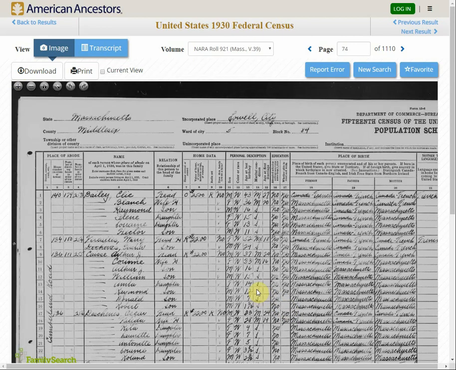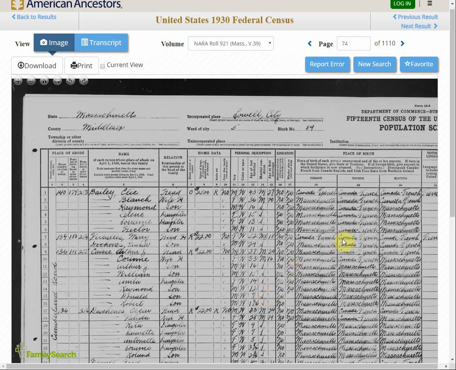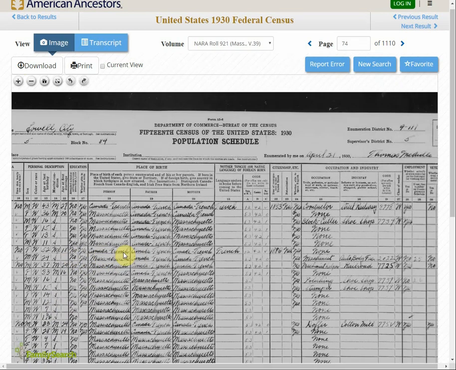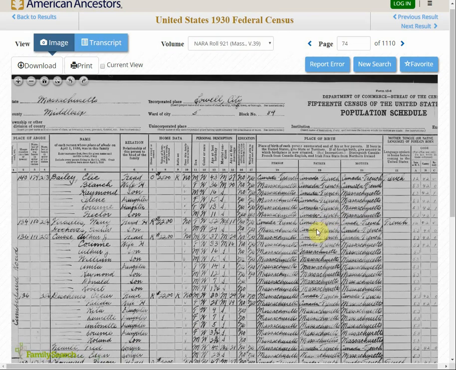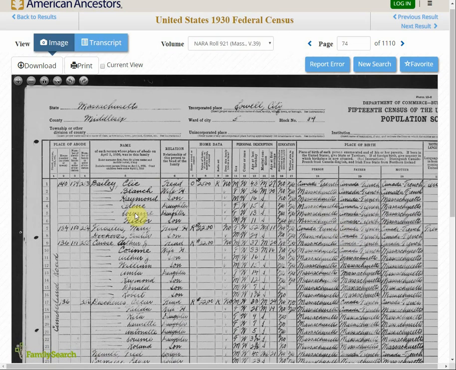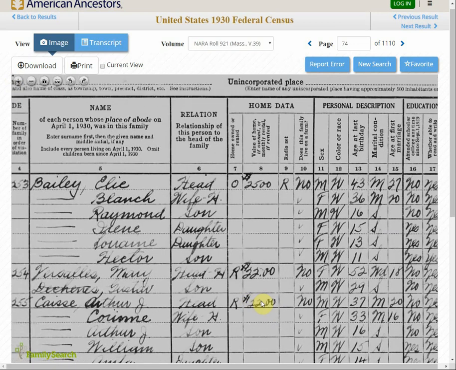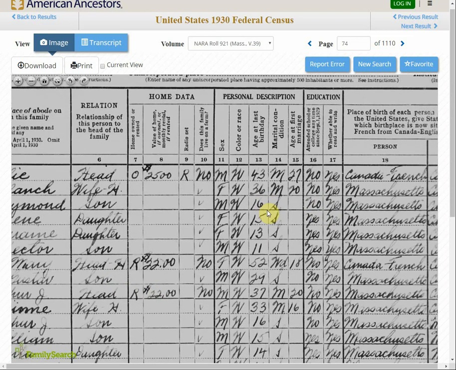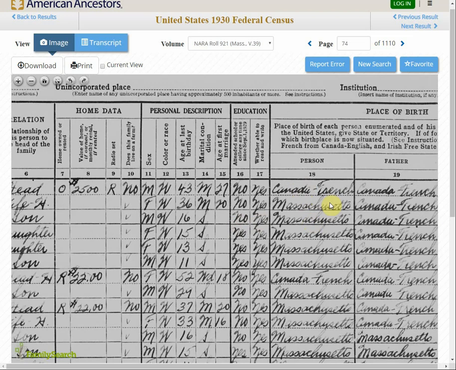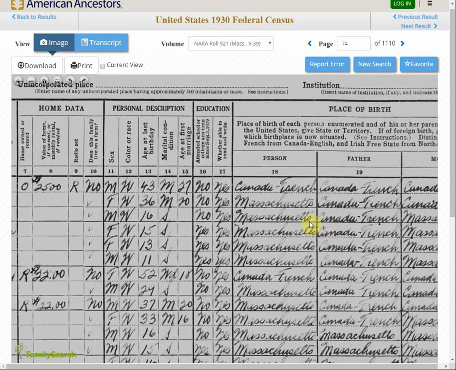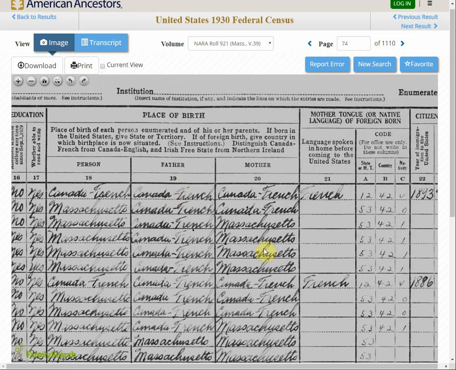And here we see Lowell, Middlesex County, Massachusetts, Ward 5, Block 84. It was taken on April 21st, 1930. And the very first entry on this page is Ellie Bailey. There we go, blow that up a little bit. He's the head, and his wife's name is Blanche, and his son Raymond, daughter Irene, another daughter, and a son named Hector, and it gives the birthplaces. We'll scan over here, and we see Hector was born in Canada, Blanche was born in Massachusetts, all the children were born in Massachusetts,